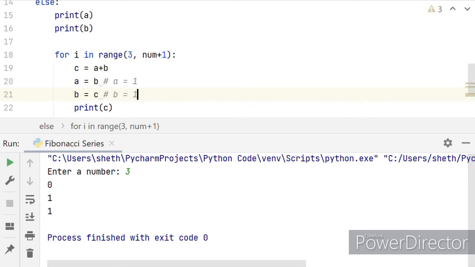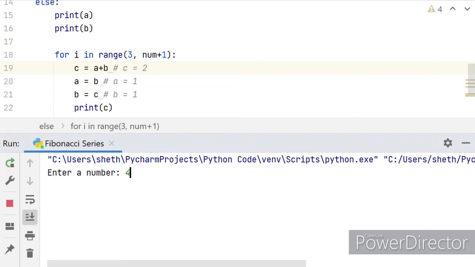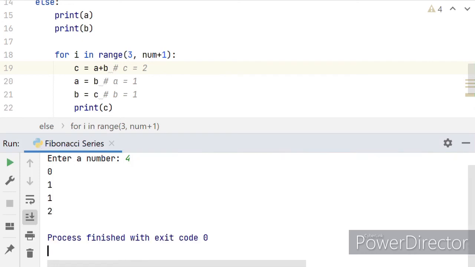So B equals 1. And since the values of A and B have changed, the value of C will change as well. So A is 1 and B is 1. So 1 plus 1 equals 2. So C equals 2. And now if we run this, I will enter 4 now, and see we get 2